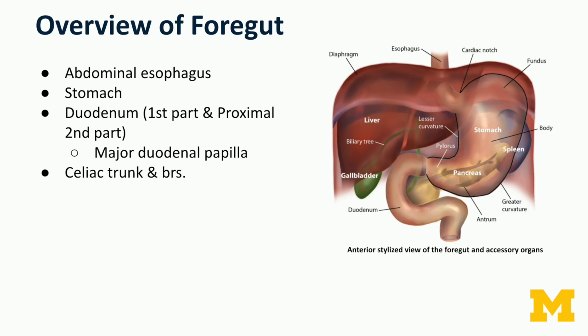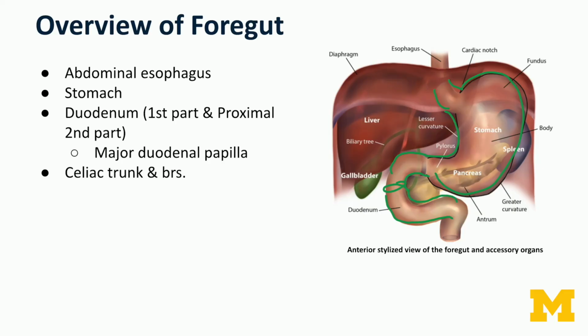So first off, what is the foregut? The foregut references an embryological region, and in the context of the digestive system, the foregut consists of all of the organs that are derivatives of that embryological region. And that includes the abdominal portion of the esophagus, the stomach, and the proximal duodenum. So the duodenum continues on after the transition to the midgut